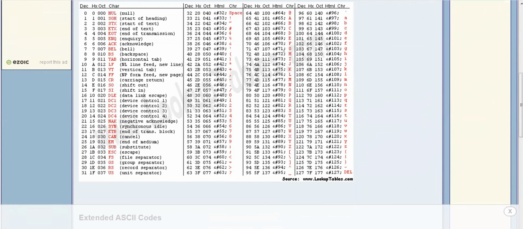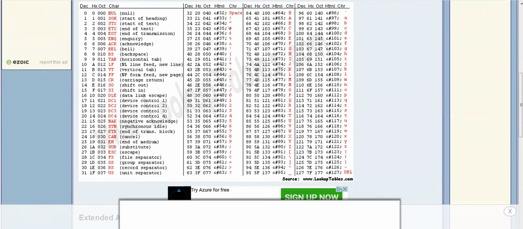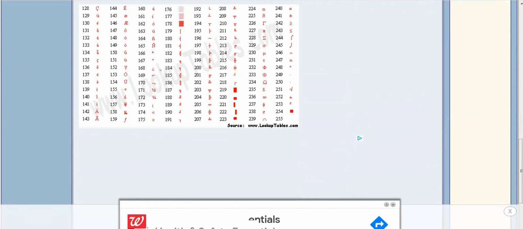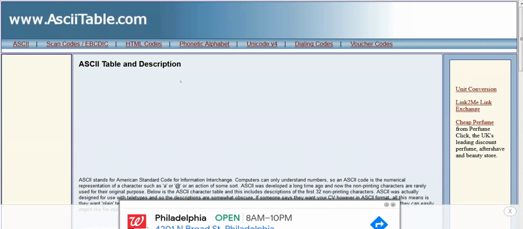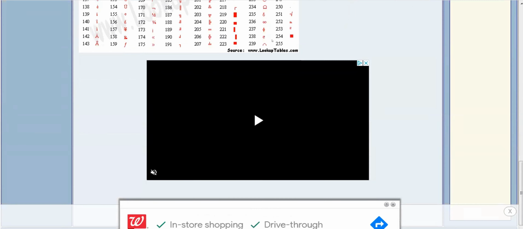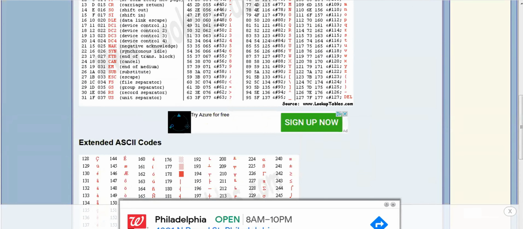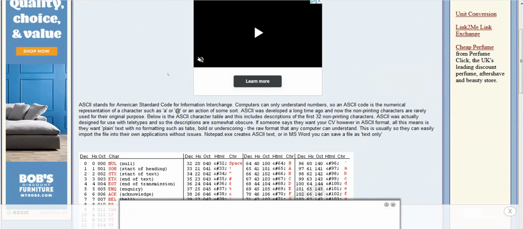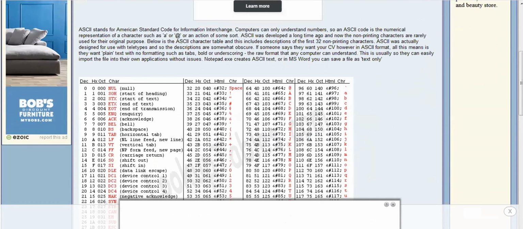For example, A, B, C, D, E, F, all in capital letters as well as in small letters, and 0, 1, 2, 3, 4, 5, 6, 7, 8, 9, all in the form of characters. At the same time, all the other characters are listed in this ASCII table. All these characters have their corresponding ASCII value, and this ASCII value varies from 0 to 255.